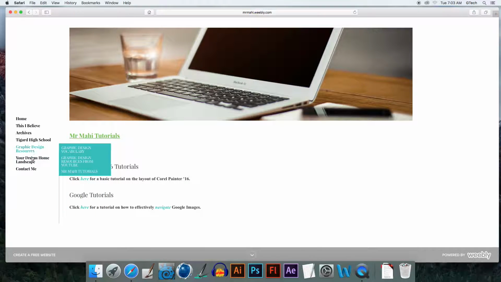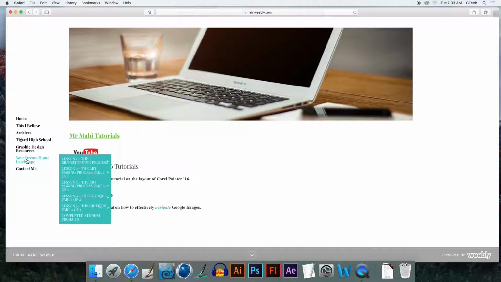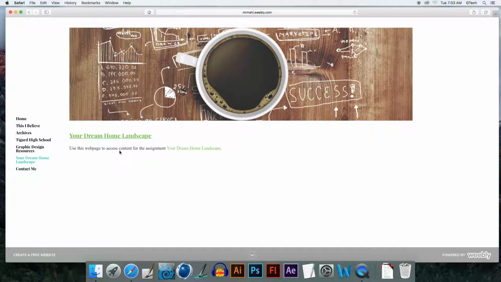Okay, all right, so let's come over here to this option called Your Dream Home Landscape. If I click on this, this is what we'll be using when I'm teaching all of you in January, February, about that time. I'm going to be teaching a sequence of units explaining the artistic process from brainstorming to creating your art projects, and then moving to an actual critique, explaining what you created and why you created it.